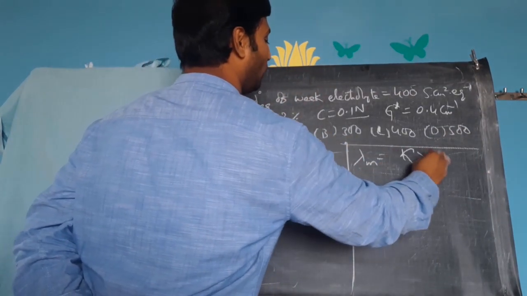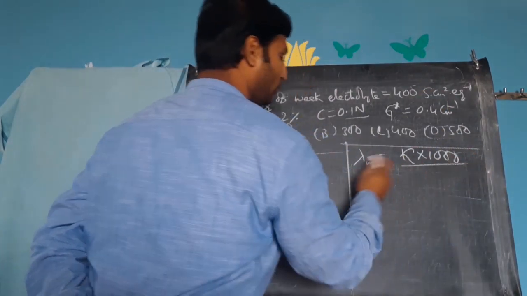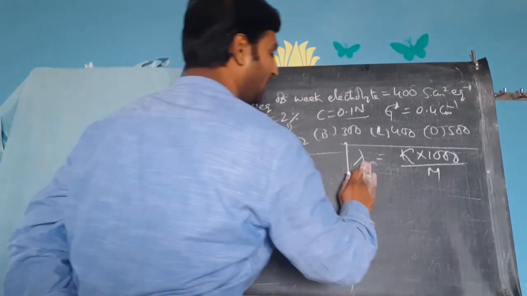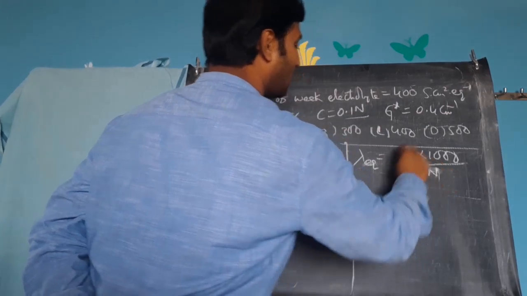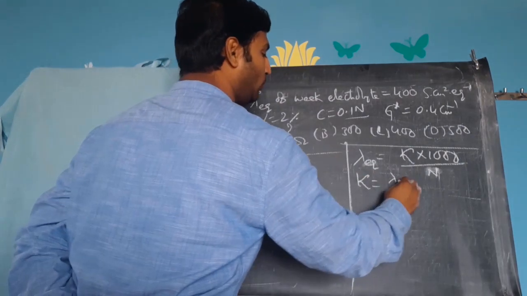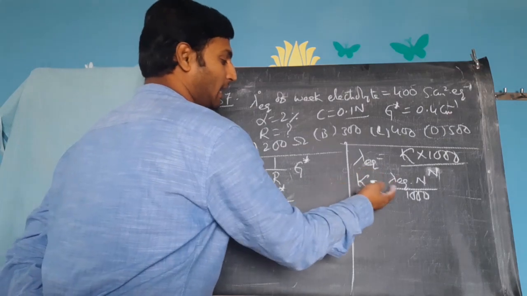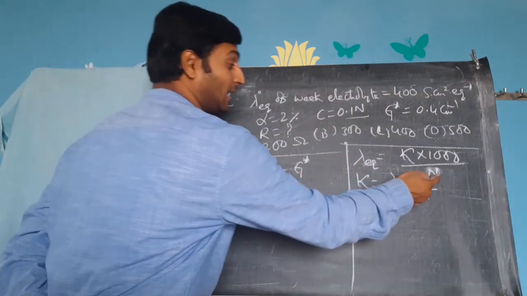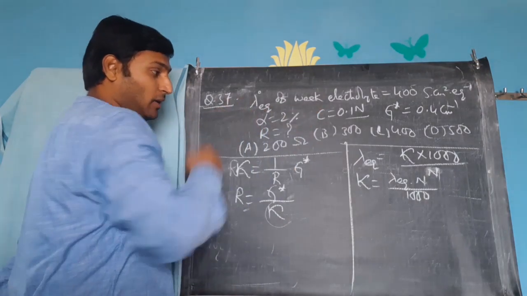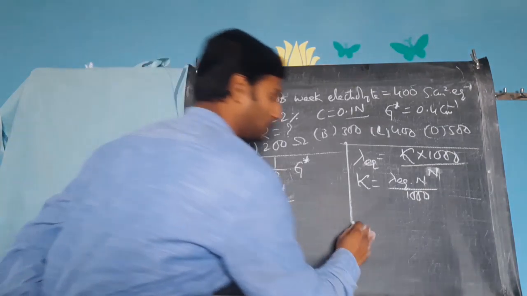Molar conductivity is equal to kappa into, because it is CGS units, 1000 comes in the numerator, kappa into 1000 by molarity, concentration, whatever, 0.1 normal given. Sorry, here in this case it is lambda equivalent, so kappa into 1000 by normality, lambda equivalent. Now kappa is equal to lambda equivalent into normality by 1000. So I can calculate kappa very conveniently if I have lambda equivalent at this concentration called 0.1 normal. But did he give you lambda equivalent at 0.1 normal? No. He gave you lambda equivalent at infinite dilution, zero concentration.